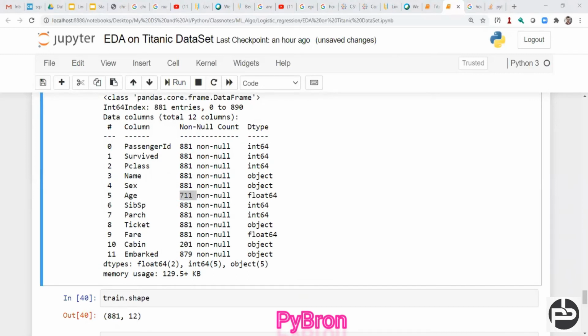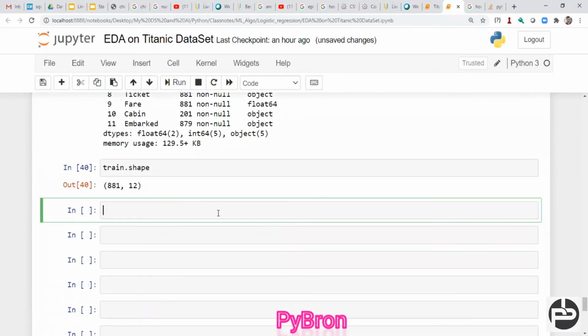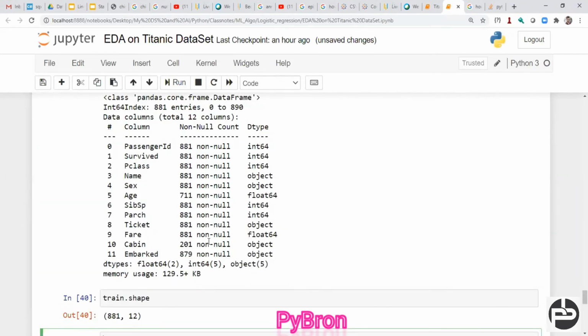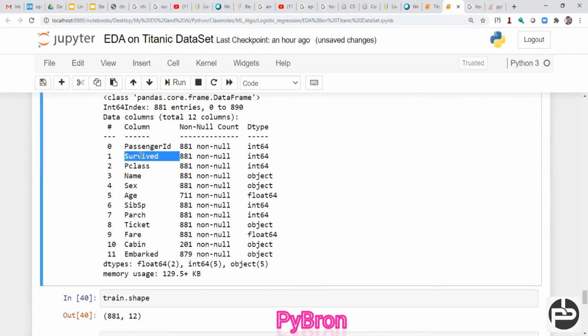Now a very interesting thing we are going to deal with: feature analysis. What is feature analysis? In this data set we have a total of, I guess, 12 columns, right? Out of 12, one is our target column.